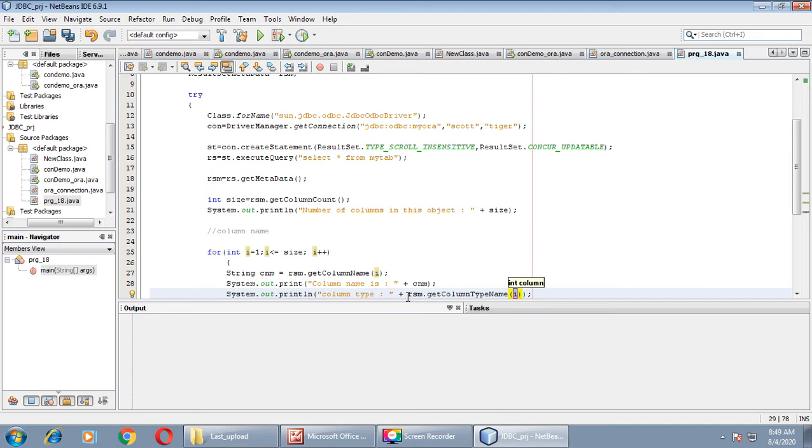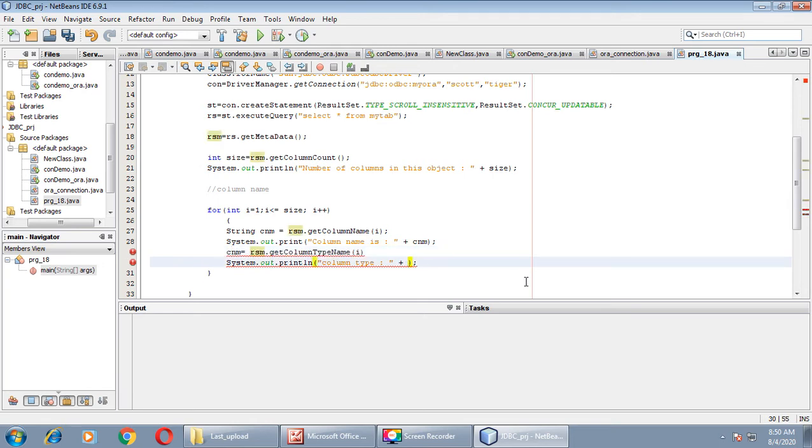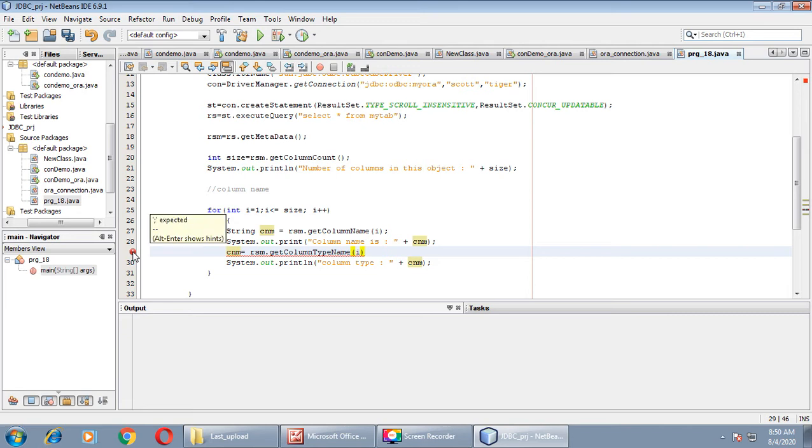Even you can take this method separately like this, as I am doing. For that again you need one variable of string type, right? So here you can use the cnm also, and you can concat the value of cnm over here. Fine. These are the two ways you can get the name of this column. Pass the I as a parameter. Here you need a semicolon.